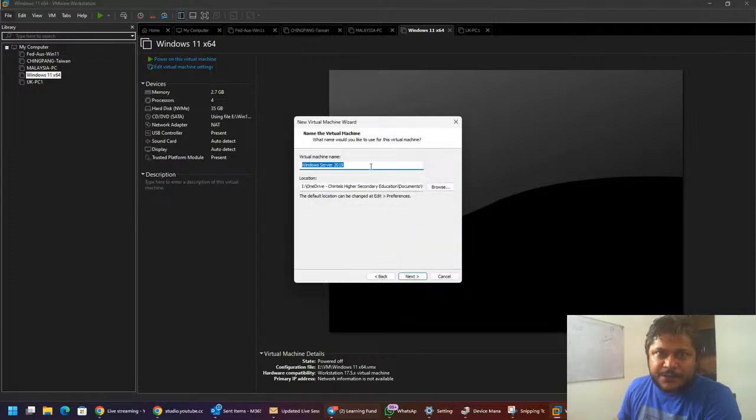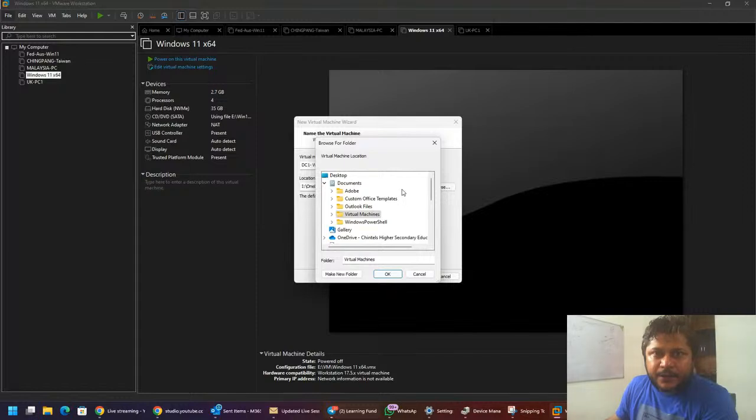Then give the virtual machine a name. I'm going to name that as DC1 hyphen work. Select the location where the virtual machine would be stored. This should be a hard drive because eventually this virtual machine is going to be using your local hardware and any kind of firmware or any kind of devices that you have on your local machine.